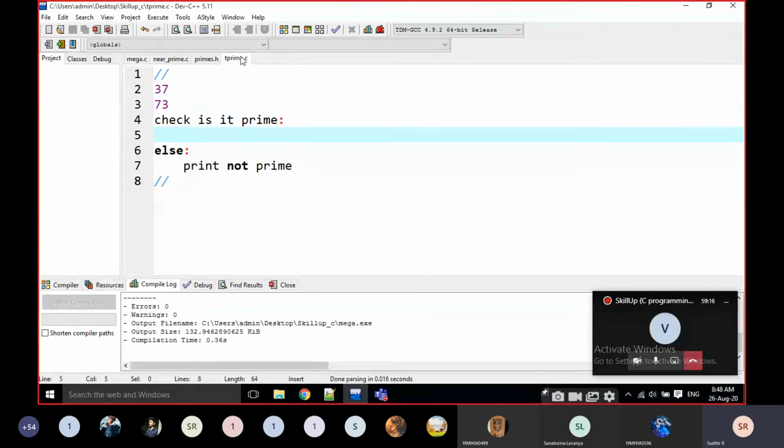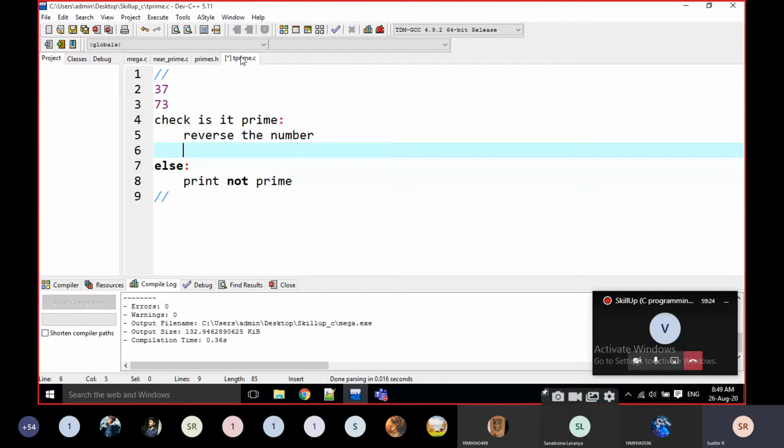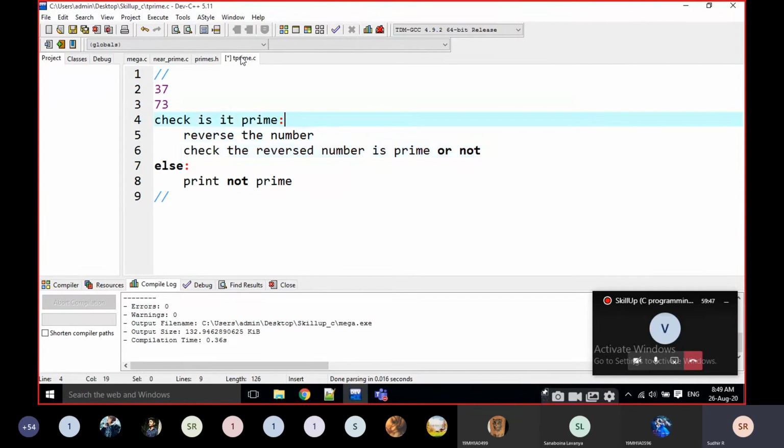If it is prime, I am going to reverse the number and check whether the reversed number is prime or not. That's it. This is my algorithm. Check is it prime. If it is prime, reverse the number and check whether the reversed number is prime or not. If the number is not prime, I am going to print that it is not prime. That's it, nothing else.